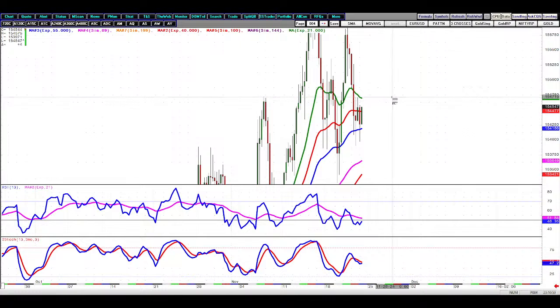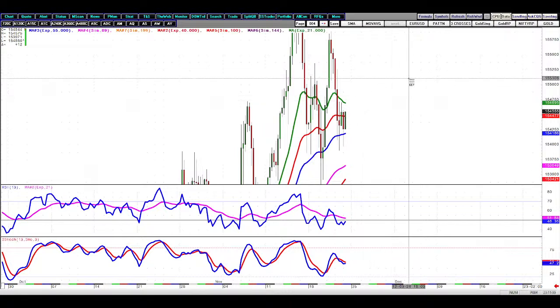So I got to get myself prepared for the next entry level. The next entry level can be either 85 or 15525, and I think that's where we have put in a trade at 15525 to sell.